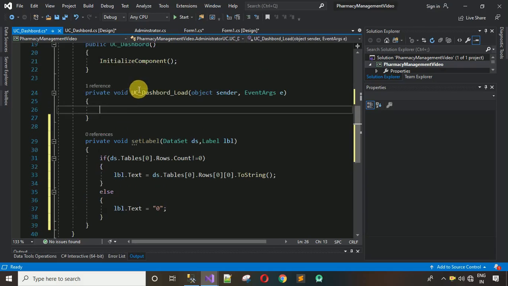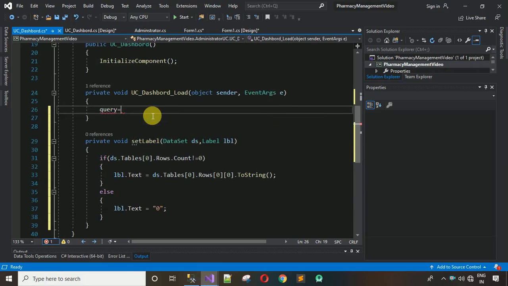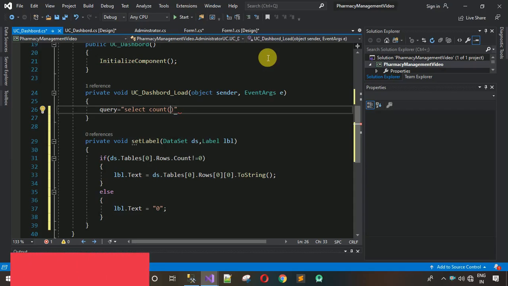In this load event, the first thing we have to do is write the query. So query is equal to, for administrator, select count. This is a method in SQL. You can use this to count any number of users inside the database. In count, you have to pass the column name which one you want to count. So user role